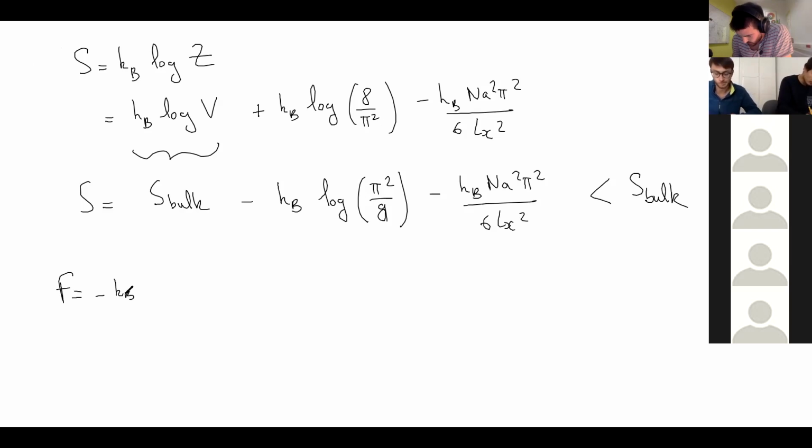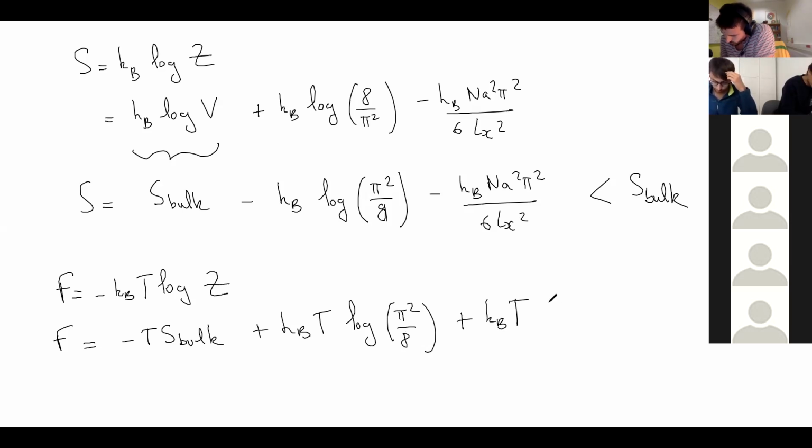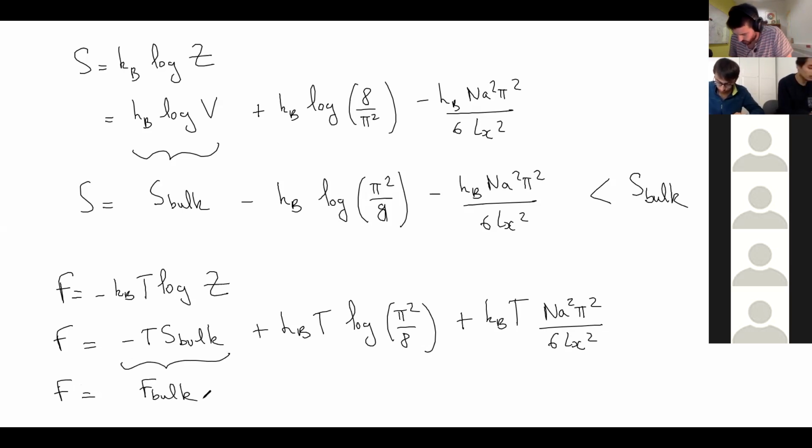F is minus KB T log of Z. So something here appears. So there is an additional energy. Of course, I'm restricting the number of conformations, so the system gets frustrated, and so the free energy increases. Okay. So this is F bulk, the one we already discussed before. I changed the notation just to make it different from the confined case. There is an extra constant. Okay. It's a constant